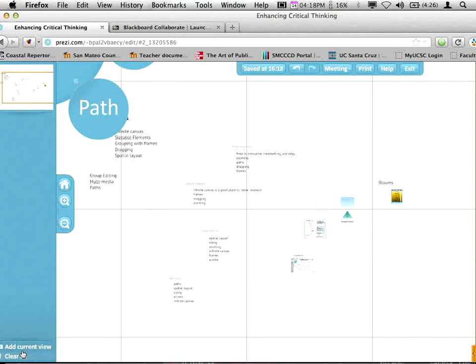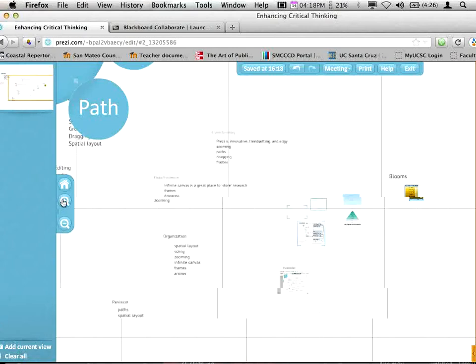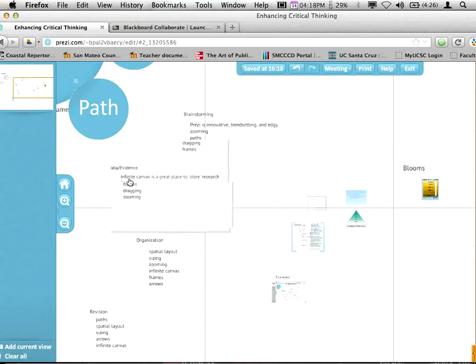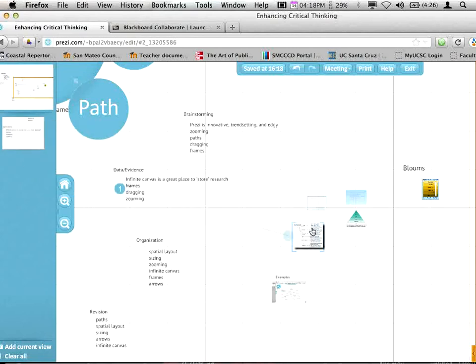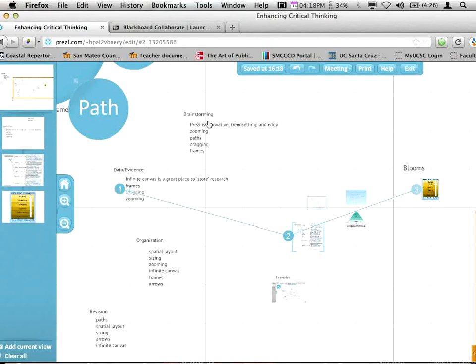And it's as easy as just clicking on the piece that you want to be next. So when my students are taking that outline that they've created in that research class and trying to decide what their essay is going to look like, the first thing that I have them do is create paths. Okay, so tell me, so they don't have to create a linear outline, tell me, in your essay, how are you going to talk about this?